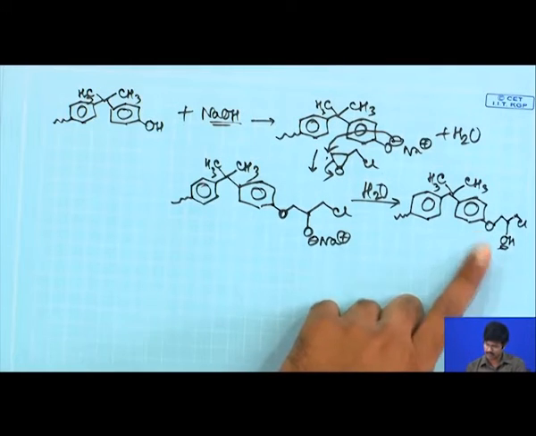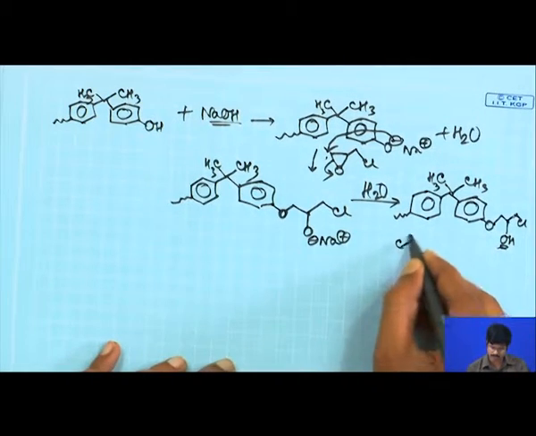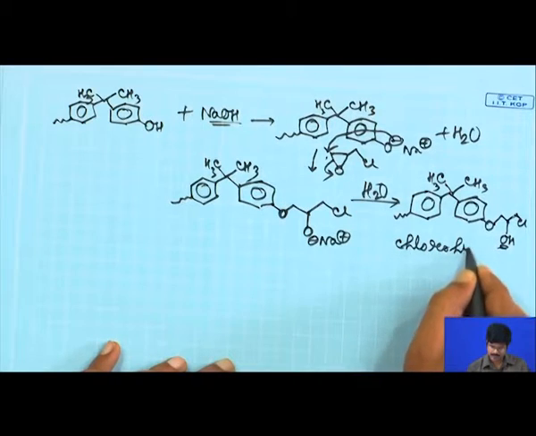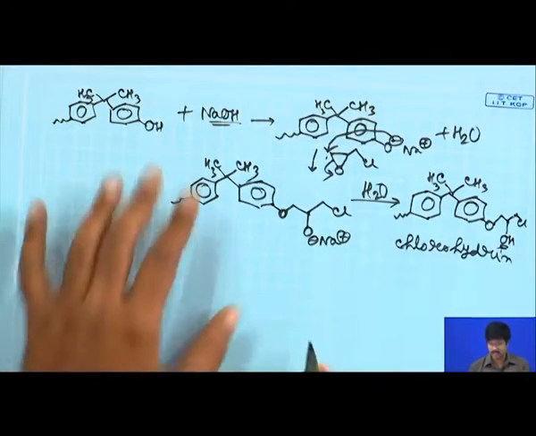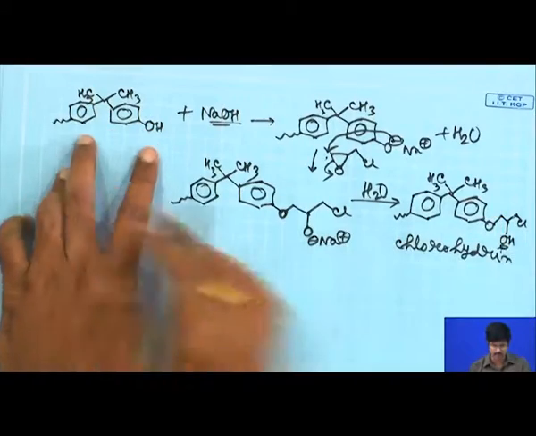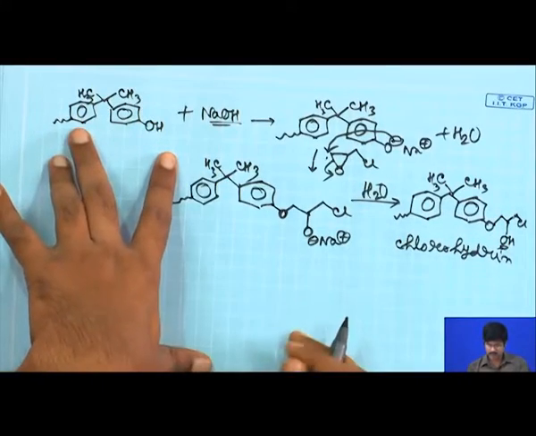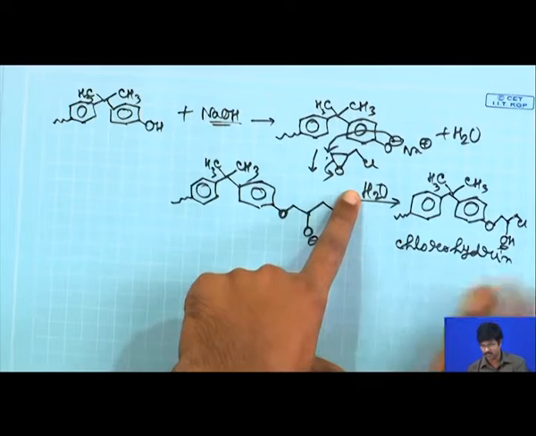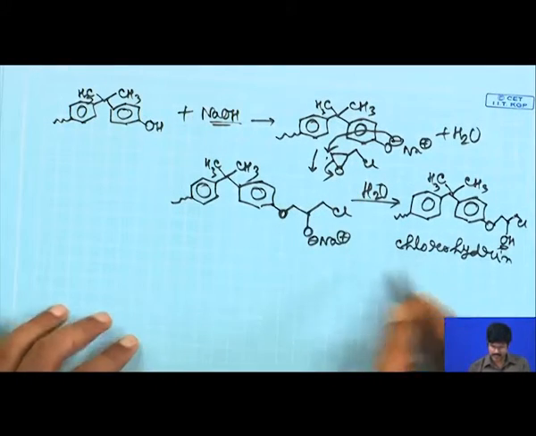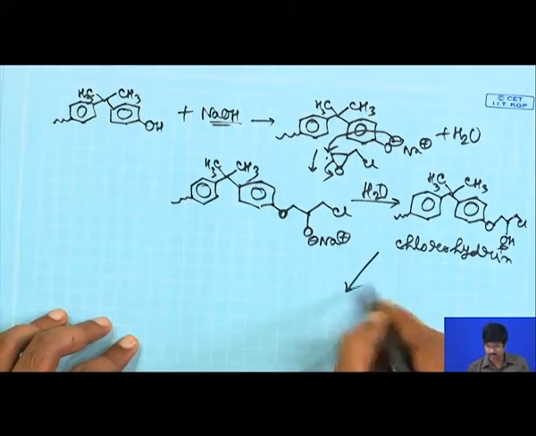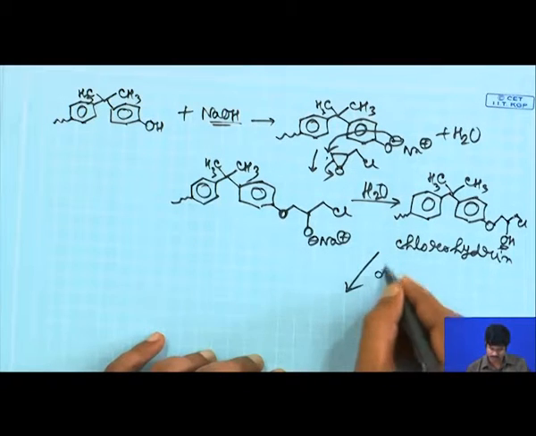This is how the secondary hydroxyl unit will be generated. This is called your chlorohydrin. So, this is basically a base catalyzed coupling of bisphenol A with your epichlorohydrin to give you a chlorohydrin, and then the second step is basically a dehydrohalogenation